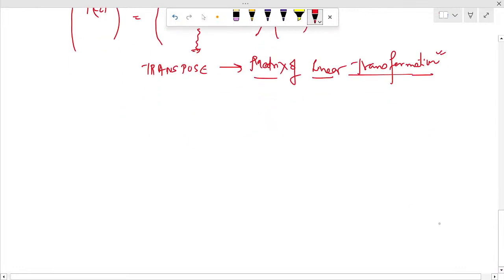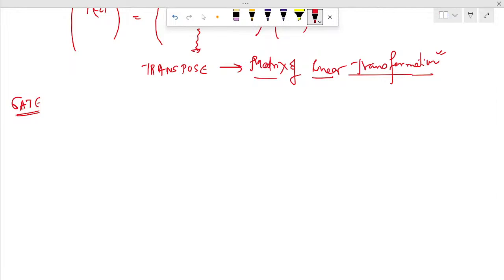So let us do one question which has been asked in the GATE examination. Let us begin this lecture on the recurrent themes in linear algebra. The first question that I'm going to take is from the GATE exam. It says that a linear transformation T is defined as